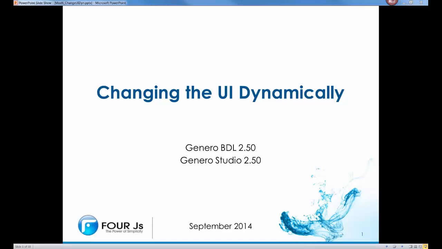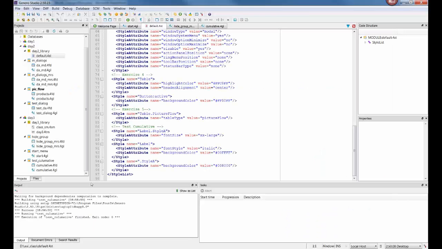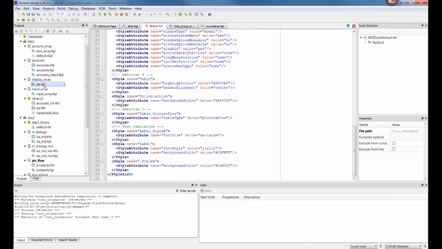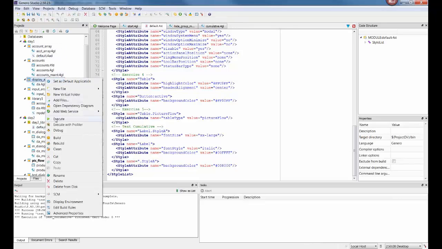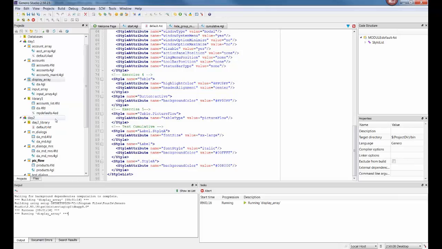I want to start by talking about a couple things and answer a couple questions we had in the past few days. So one question that was asked was about the action panel order. Let me go back to my application. I want to say this was asked on even the first day, but when I do my display array and I execute my display array,